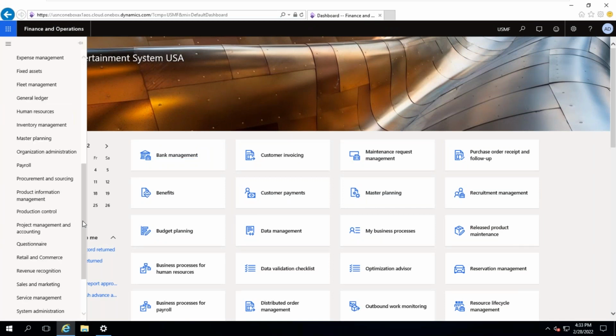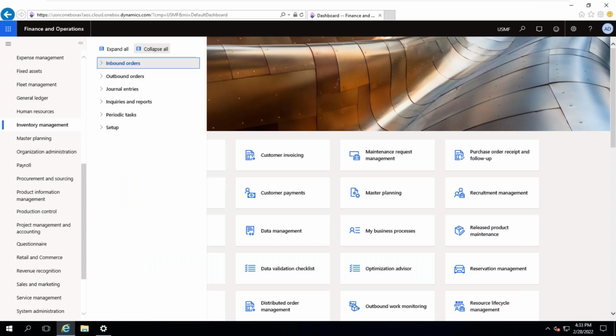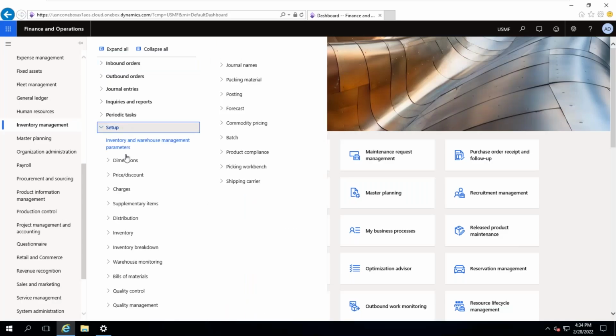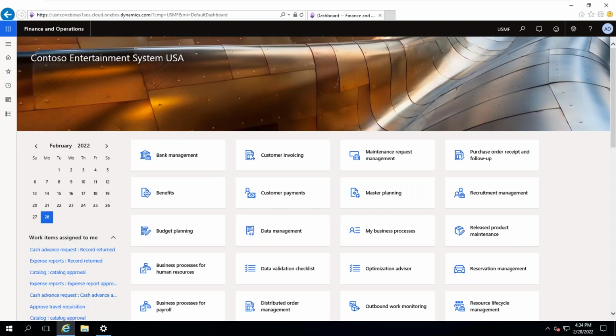So inventory management, setup, inventory, item model groups. Okay,